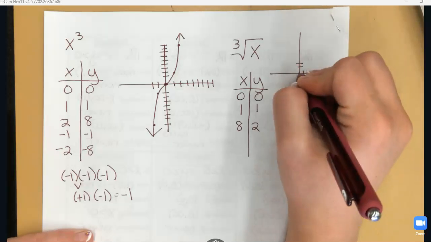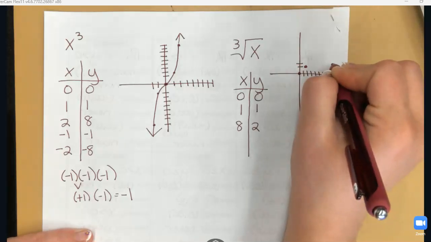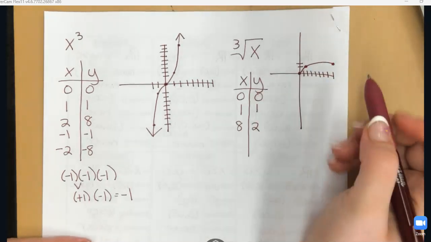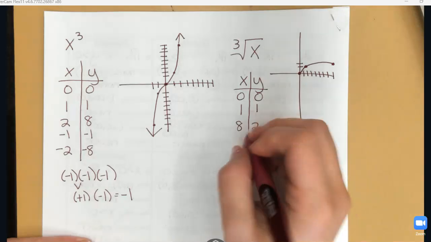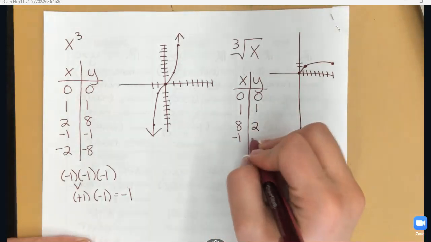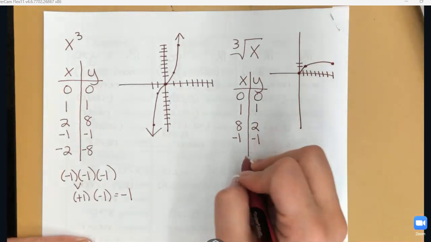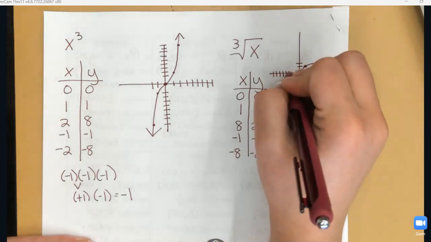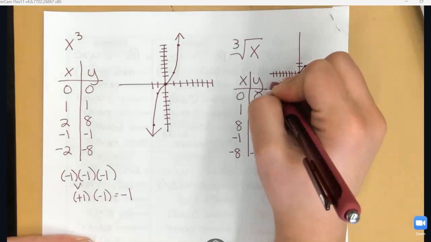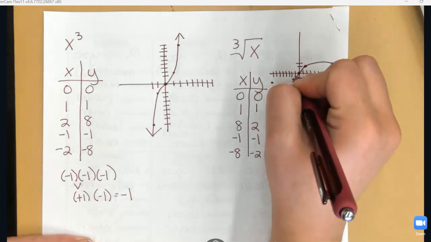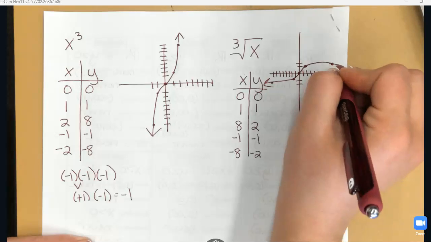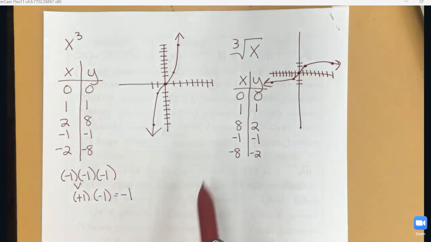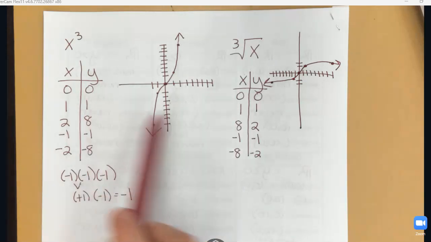So I do have, right now, 3 points on my graph. So I know what's going on the right-hand side. To figure out the left-hand side, I need some negative values. So I can go with negative 1. The cube root of negative 1 is negative 1. Beyond that, negative 8. The cube root of that is negative 2. And now I've got an idea of what I'm looking at. So if you are ever forgetful of what your graph looks like, my suggestion, make a table of values and